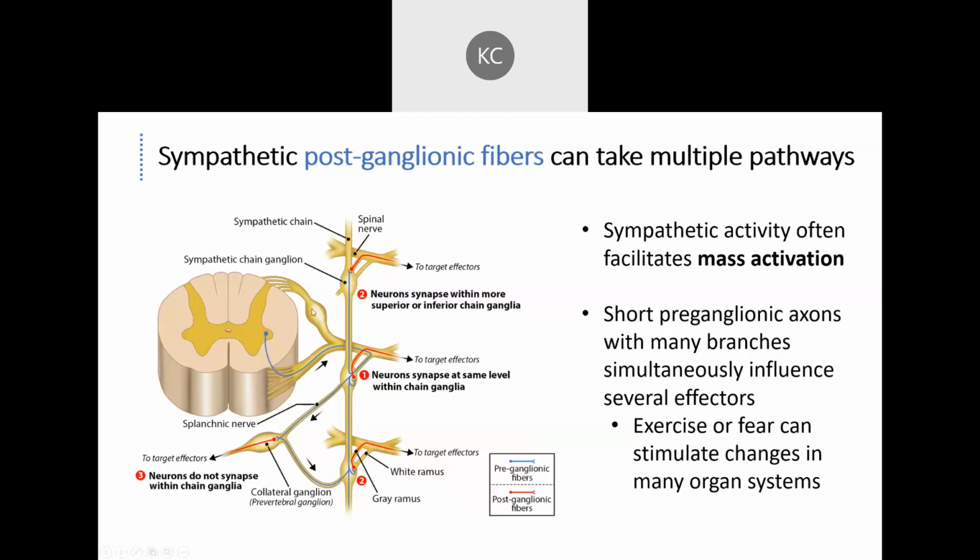So with this, you have a number of different pathways that the sympathetic neurons can take, all right? All of them are going to start off basically the same. The preganglionic cell body of the sympathetic neurons will exist in this lateral horn of gray matter. So note that you have this dorsal horn, you have this ventral horn, and then you have this lateral horn,